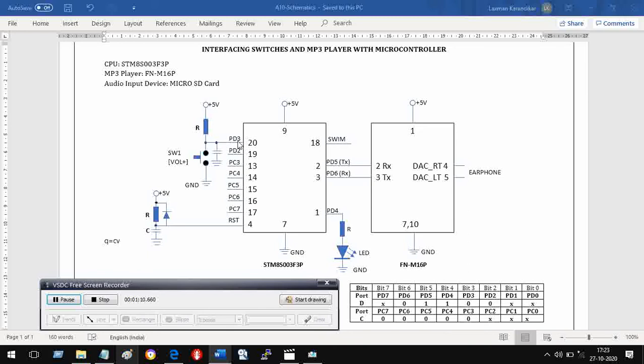When you press the key, you get logic 0, as I have explained. It is connected to ground. And when you release the key, it is connected through a resistance to plus 5 volts, so it gets logic 1. Now, how will your program know whether PD3 has received a logic 0 or a logic 1? In other words, we want to check the value of PD3, and depending upon that, we are going to take some action. Okay?